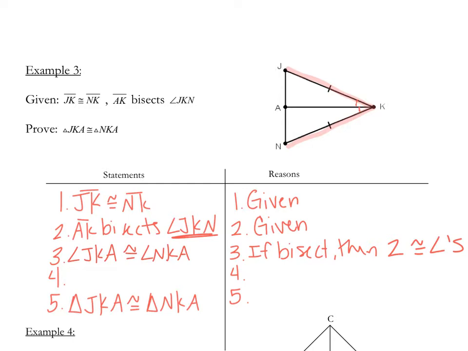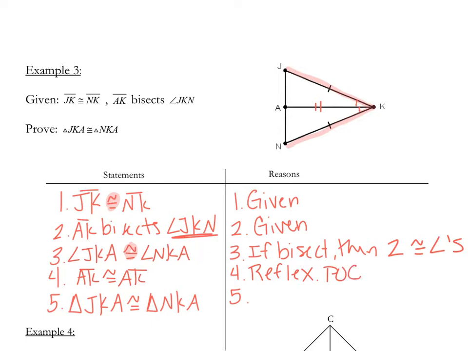And then we need one more thing, because if you look, I only see two congruent signs. Just because our last couple proofs were 4-step proofs doesn't mean this one will be. So you just got to keep that in mind. So if I look in the middle, oh look, I see a side. So that's AK is congruent to AK, and that would be reflexive